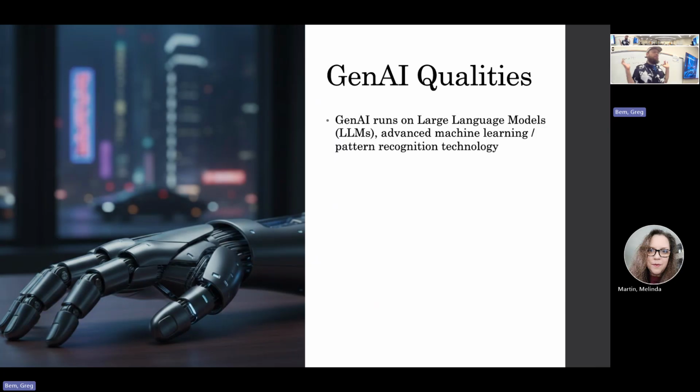So a great example is you give a computer system 1 billion images of a cat, and you say, this is what a cat is, and it will look at all of the patterns: the tail, the ears, the back, the mouth, the whiskers, all of the qualities that make a cat. And then it will be able to synthesize, pull them together in different ways, because there are different types of cats, of course. And then it will be able to produce or generate an example of a cat if you ask it for that. Now, these tools are doing that for cats and cars and humans and all of the things in between, billions and billions of pieces of data in the data sets.